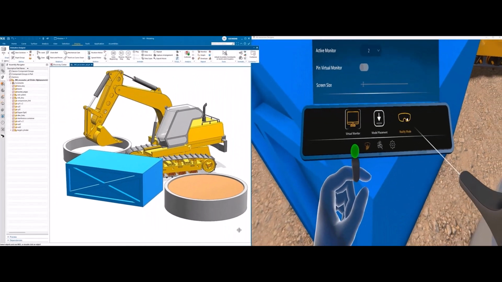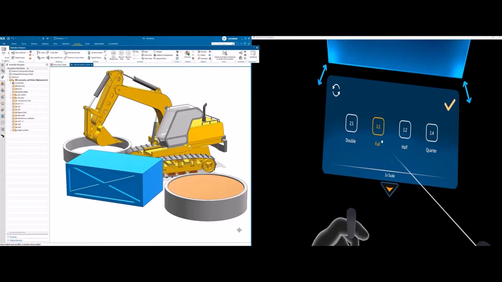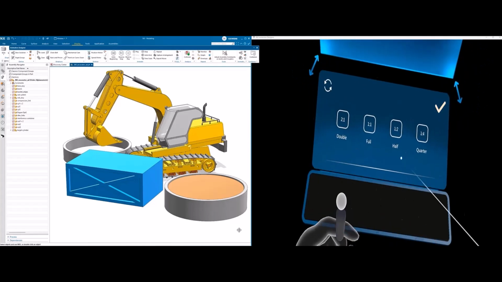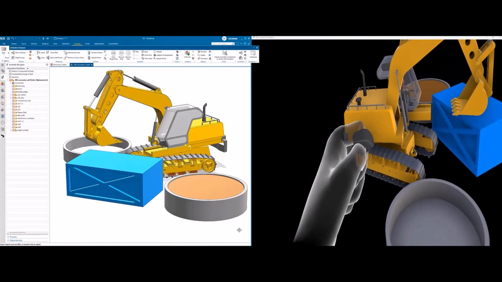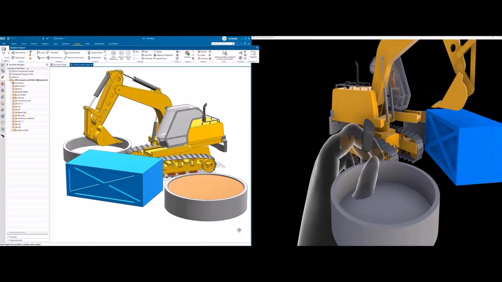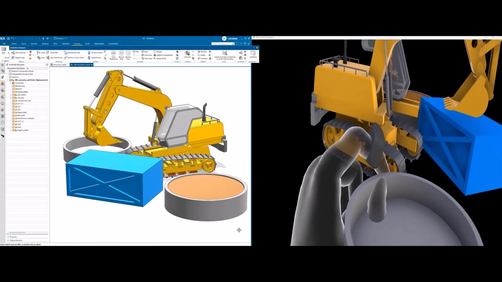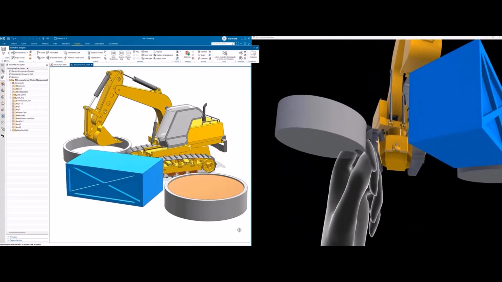I want to take a look at another capability, the ability to handle the geometry by grabbing onto it. So this gives me the functionality that I can grab onto this data set in my hand, very much like some of the marketing videos that you have seen. But the beauty of it is that this gives me the capability to actually do this.